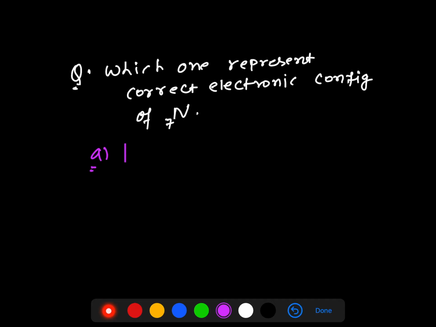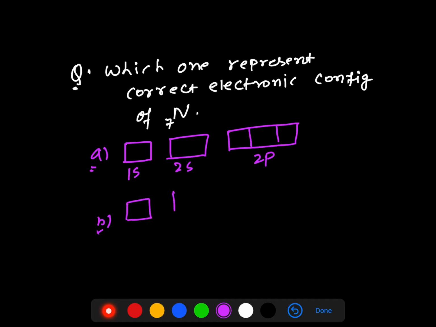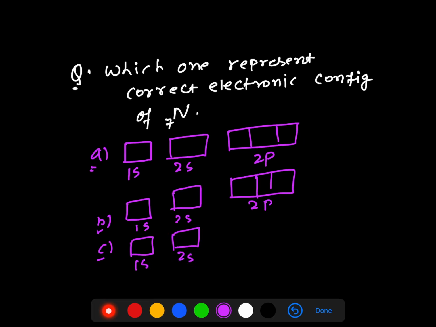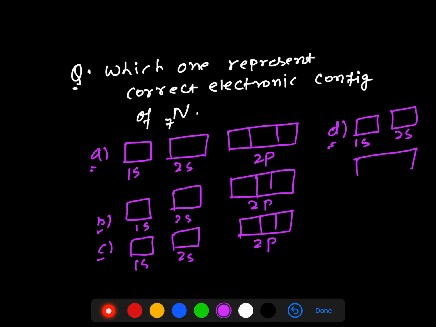So the options were given like this: A, 1s, 2s, 2p. B, 1s, 2s, 2p. C, again 1s, 2s, 2p. And the option D, again 1s, 2s, and 2p. Now it was given like this: